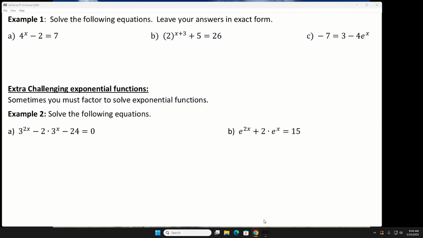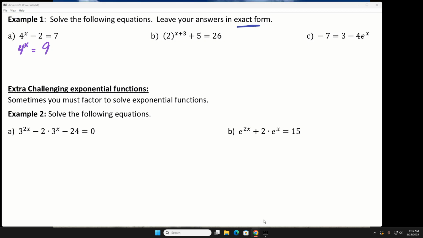Okay, and so for example 1a, this is the exponential expression. And so we're just going to use good old algebra to isolate this or to get this by itself. So what would you guys do? You would just add 2, good. So 4 to the x equals 9. Now, 9 is not like an exact power of 4. We could kind of guess about what x would be. But to solve for x, the exact form of x is now that this is isolated, it's in exponential form,